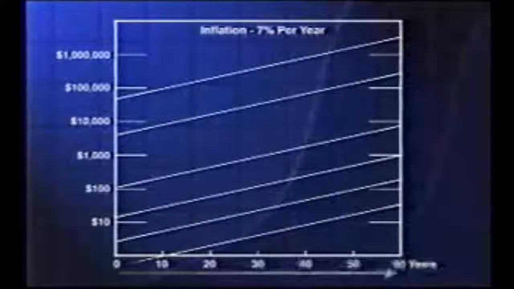I said to the students, let's talk about inflation. Let's talk about 7% per year. It wasn't this high when we did this. It's been higher since then, and fortunately it's lower now. And I said to the students, as I can say to you, you have roughly 60 years life expectancy ahead of you. Let's see what some common things will cost if we have 60 years of 7% annual inflation.